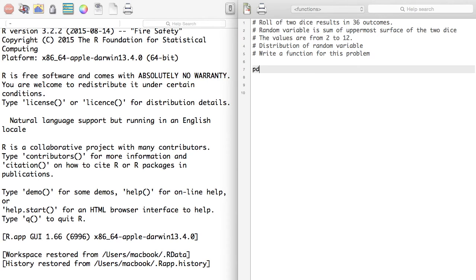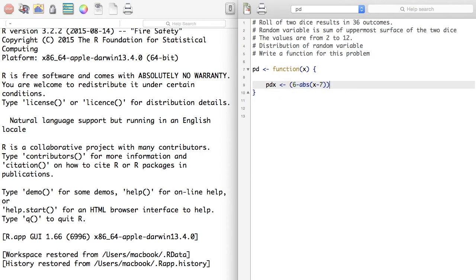I define a function PD. PD is a function. This function takes a value x, right? And this is the function. The function is PDX is 6 minus absolute value of x minus 7, right?